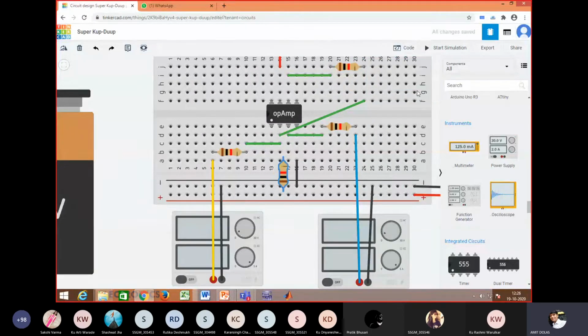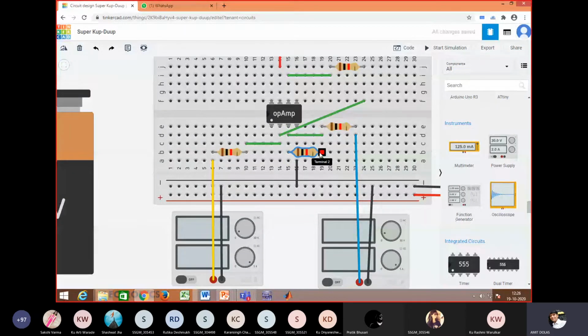We'll try to fix it directly. I'll rotate it if it is not allowing in this fashion. I'll directly connect it into pin number 3. This breadboard did not allow me, so I'll do it personally. So I have connected this resistance into pin number 3. You can see, and another terminal, this one.